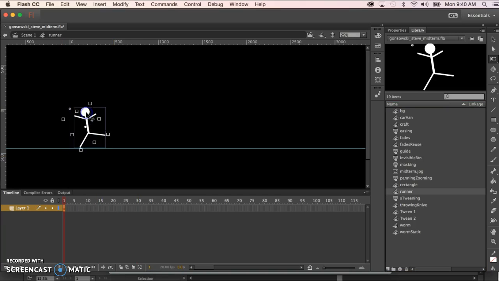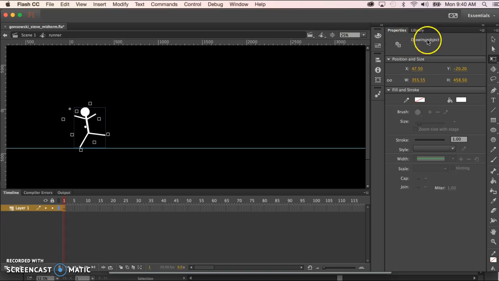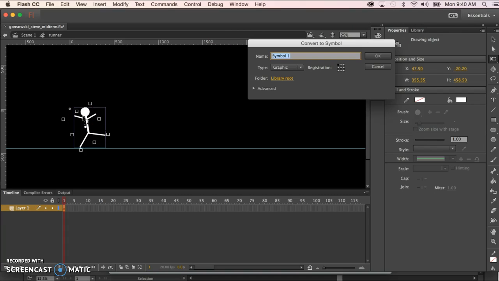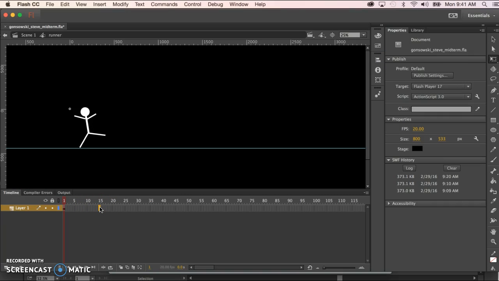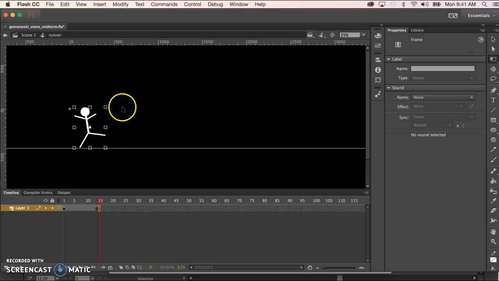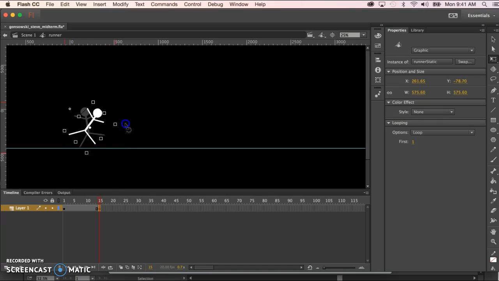But just remember, the first step is always to create things as a symbol or convert to a symbol. And even though we converted this on the main timeline to a symbol, inside of the symbol it's whatever it was, which in this case, when you import things from Illustrator, they become drawing objects. So we just need to select that, do our F8, give it a name, and if you want to help keep track of what's what, you could call that runner static, so you know that's just the still frame of the runner, and that the one called runner,